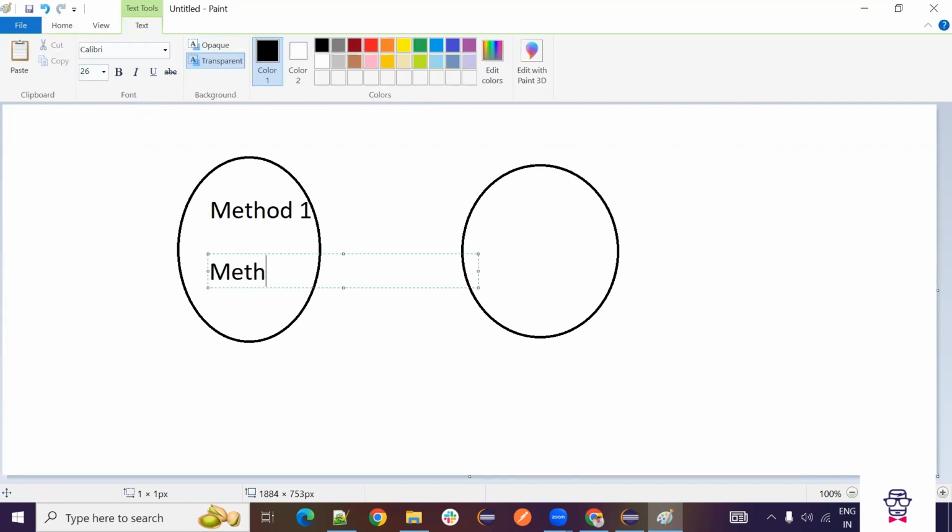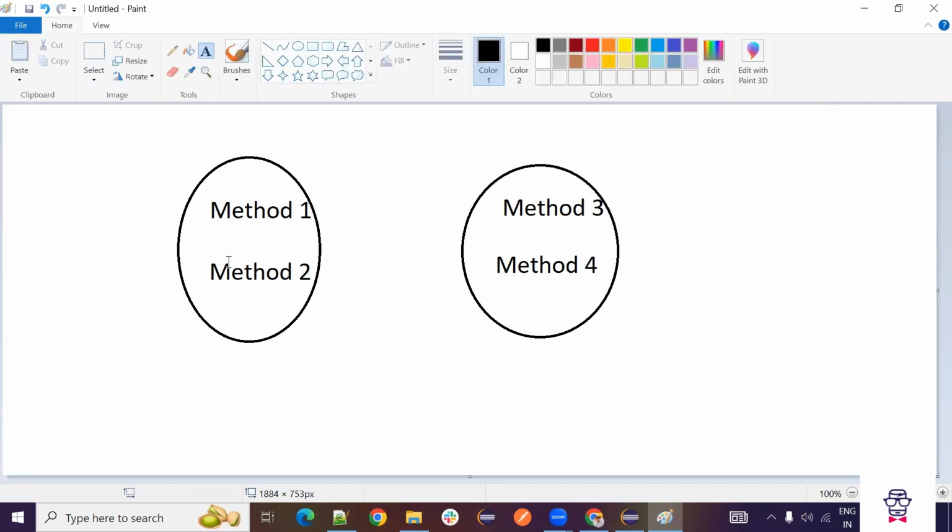We will have method 2. Now here we will have method 3. Method 4. So these two are different classes. In this, we have two methods. In this also, we have two methods. But we cannot use this method in this class and we cannot use this method in this class because these two are different classes.